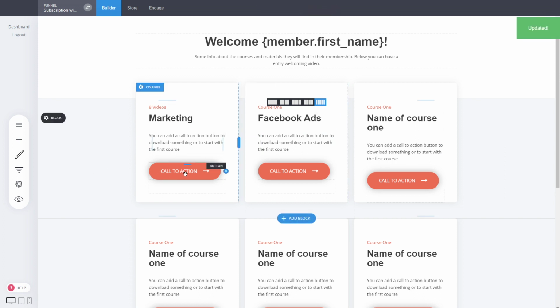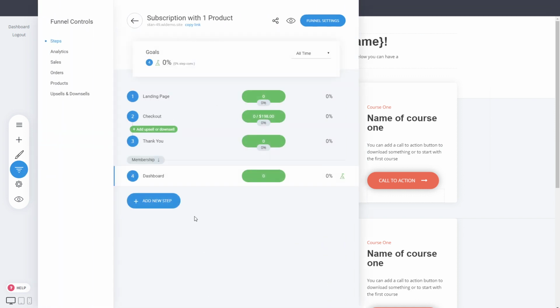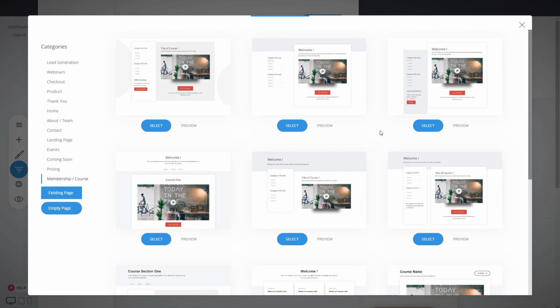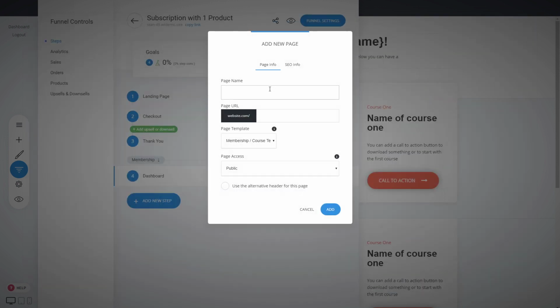So now, in order to link this button to an actual page with all the videos or a specific course, we have to create that. So go again into the funnel section, add new step, page, and here we have different examples. And in my opinion, the best way to do it when you have a few courses is something like this, or this type of design. So let's just select this one and let's go with